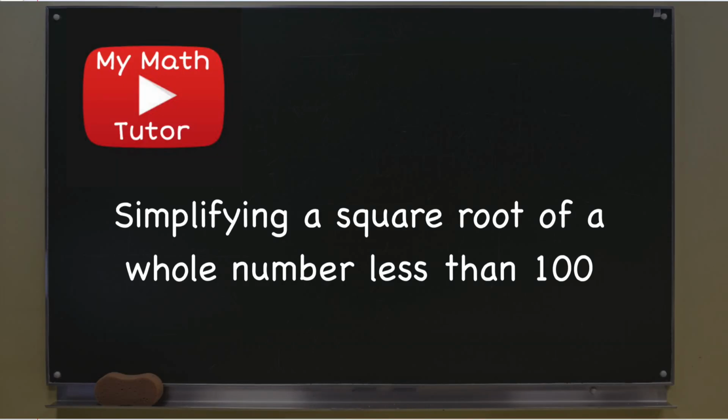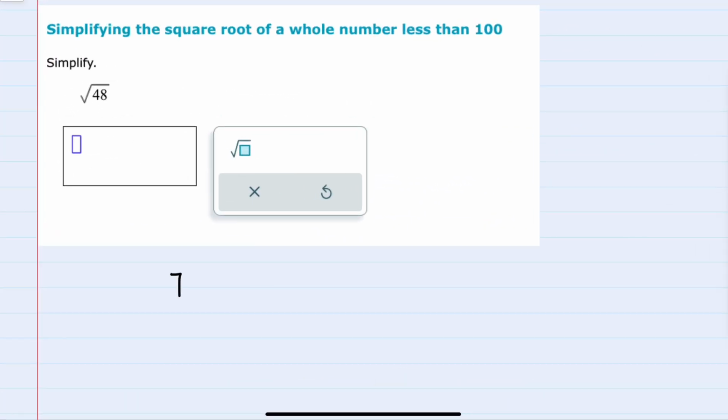In this video, I'll be helping you with the ALEKS problem type called simplifying the square root of a whole number less than 100. In this example, we're asked to simplify the square root of 48. And the way that we simplify square roots is by using perfect squares, which means we would need to know